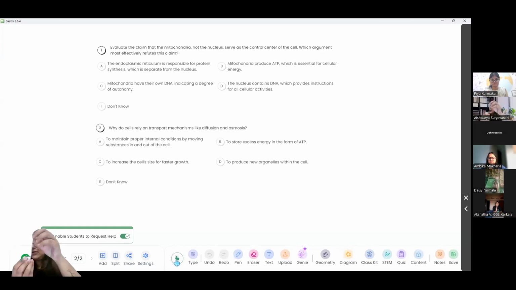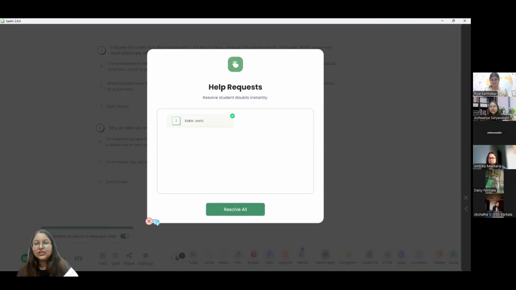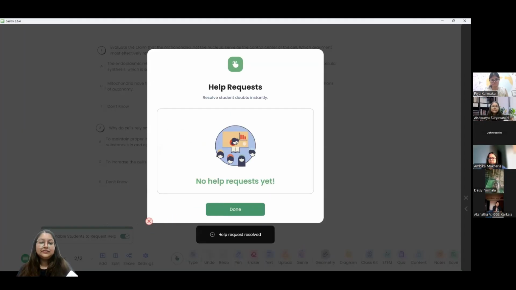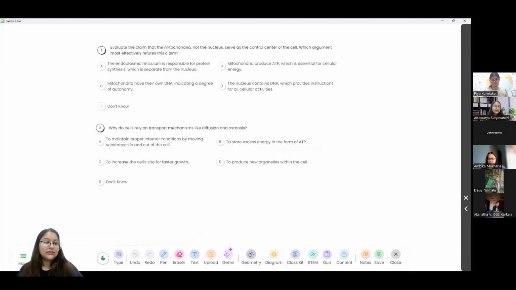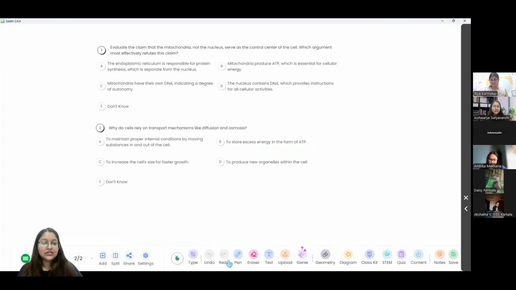You can see there is a help button here on my student clicker. When I click on the help button, it will be notified here that the student was asking for help. Okay, teachers, so this is one. When they ask for help, you can resolve it because the whiteboard is still in front of you, so you have all the resources to explain it to them and get it done. This is one part. Let me add one more page on this particular whiteboard.